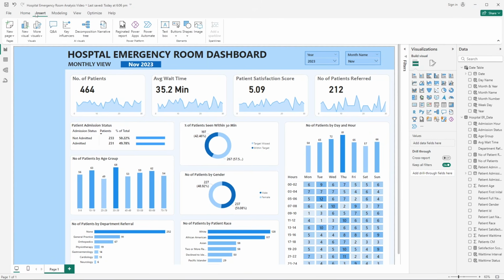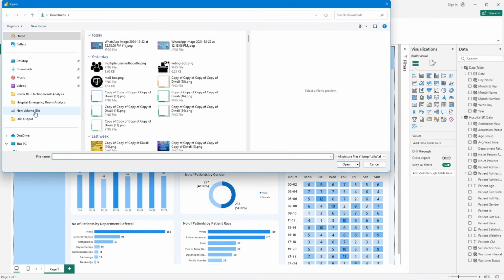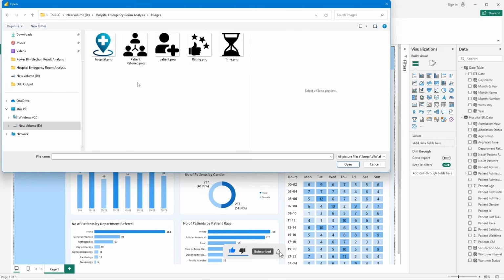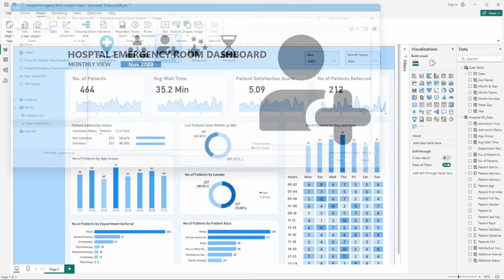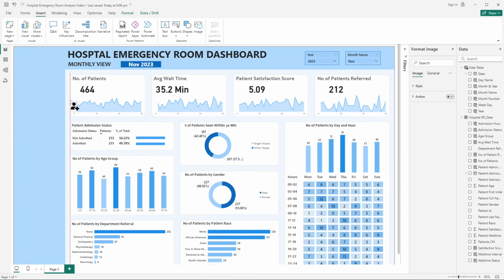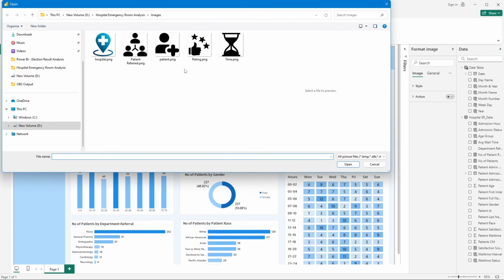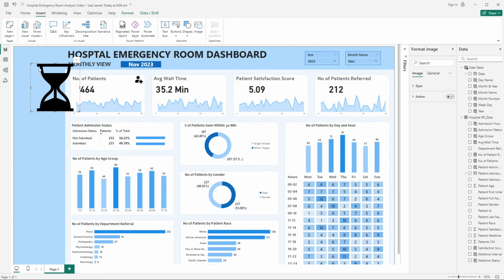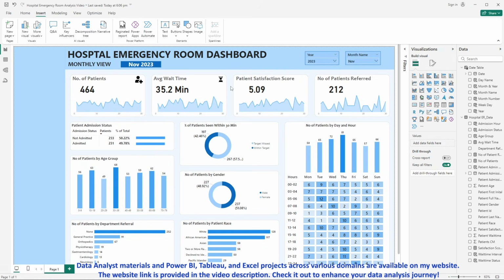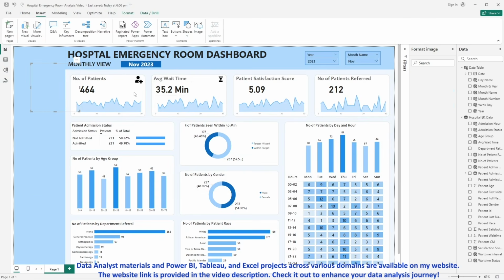I'll go to the insert tab, and here we have an option called image. I'll go to images, and you can use this images folder. I'll add the first image as patient, and add it to number of patients over here. Then for average wait time, I will use this particular image, icons I can say. Then for ratings,